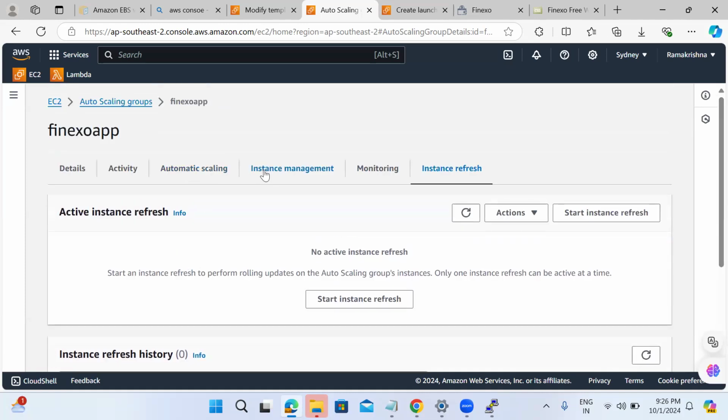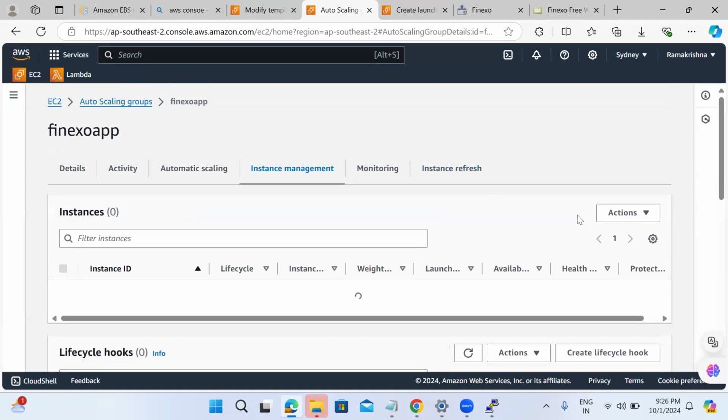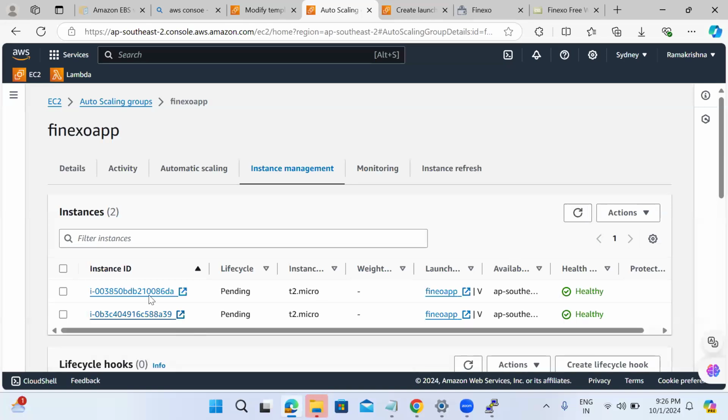So now in the instance management, how many instances are you expecting? One or two? So two instances are getting created in this use case, because the desired number we have given is 2. Okay, so now here 2 instances, but very soon this 2 is going to become 3 or 4 also,